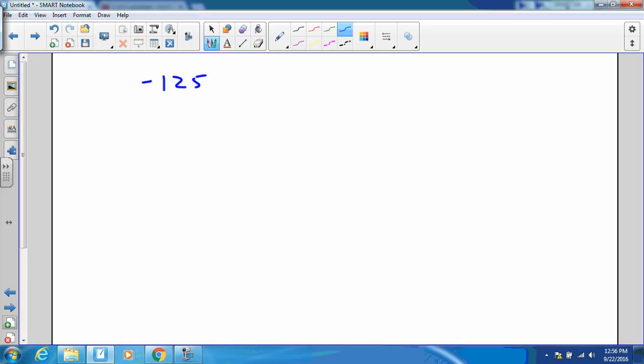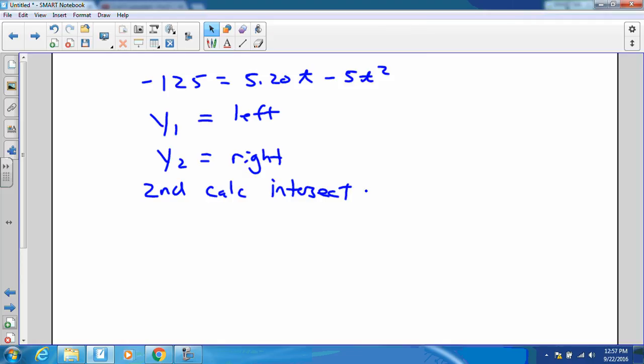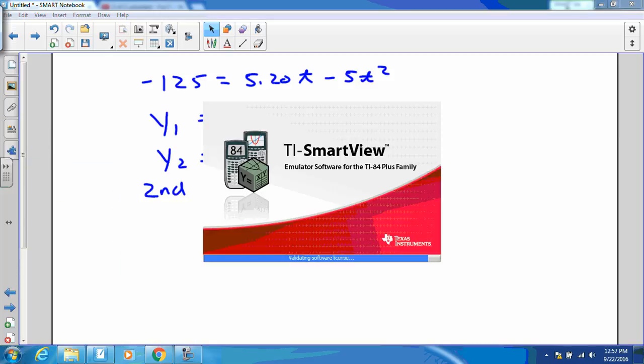Alternatively, you can solve it on the calculator, and the calculator solution to any equation always goes the same way. y1 equals the left-hand side, y2 equals the right-hand side, and we find the intersection point of those two sides with second calc intersect. Let me demonstrate that at this time. If I pull up the calculator here,